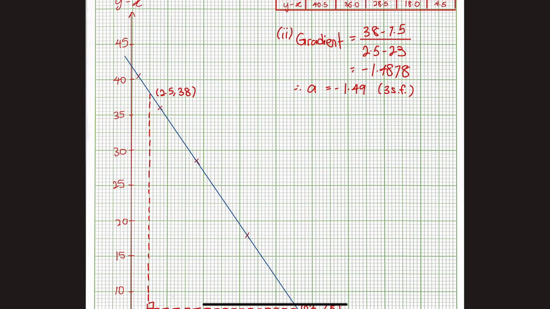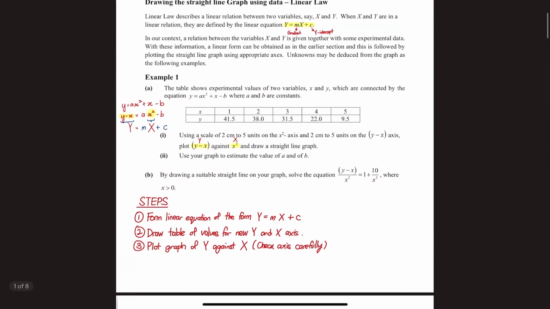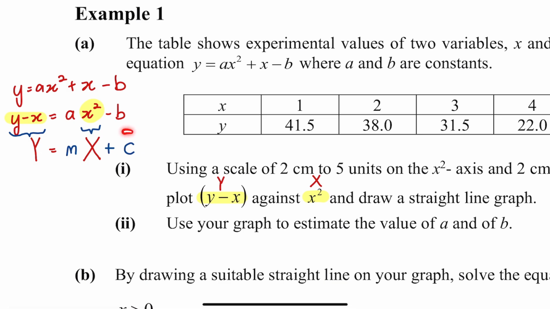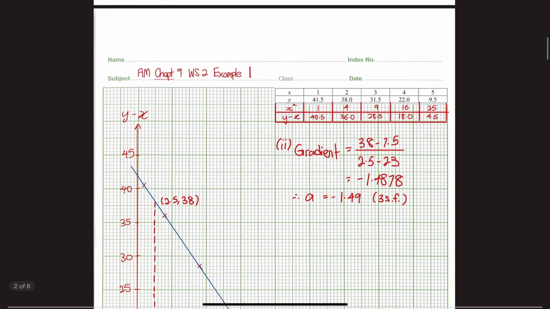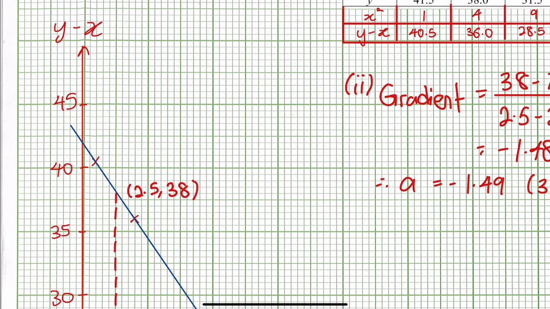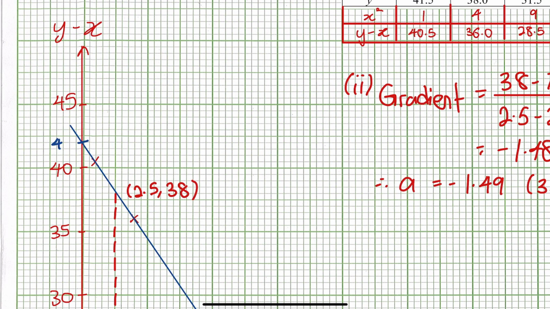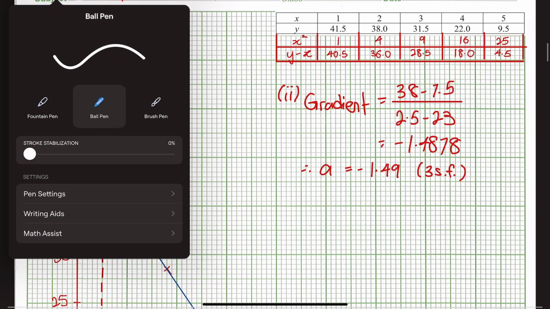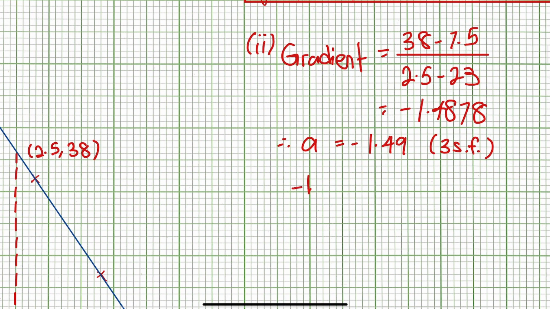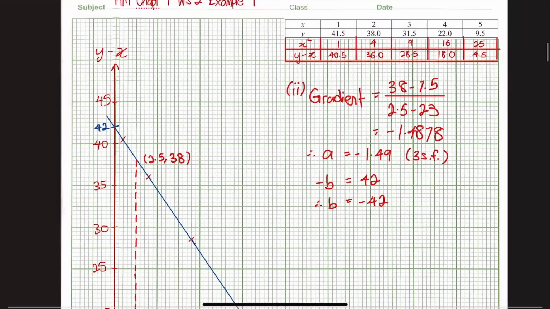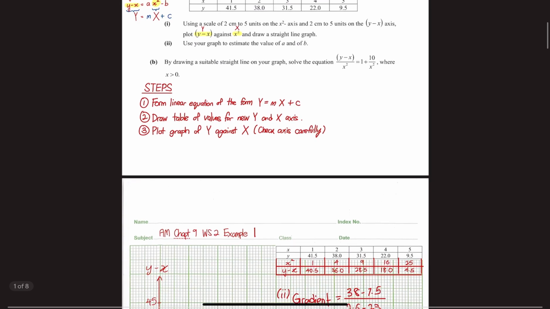Okay, I know that the vertical intercept C corresponds to negative B. So based on this graph here, I can see that the intercept here is about 42. This is 42. Okay, so this means that negative B is equal to 42. Therefore, B is equal to negative 42. Okay, this is for part 2. Alright, then now last part